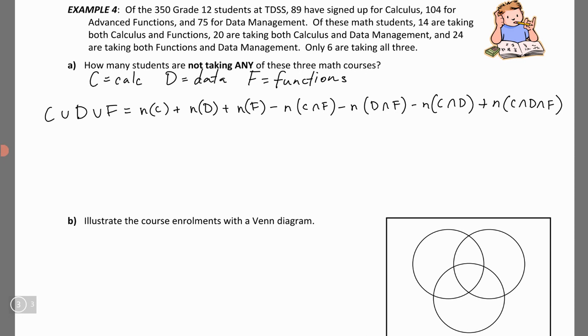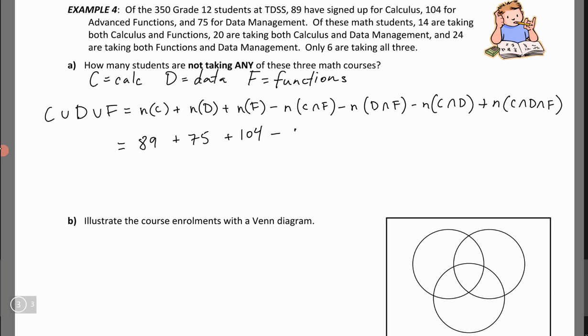Okay, so we know the number of students who have signed up for calculus is 89, the number who signed up for data is 75, and the number who signed up for functions is 104. But 14 signed up for both calculus and functions, so minus 14. You have to subtract the number who signed up for data and functions, which is